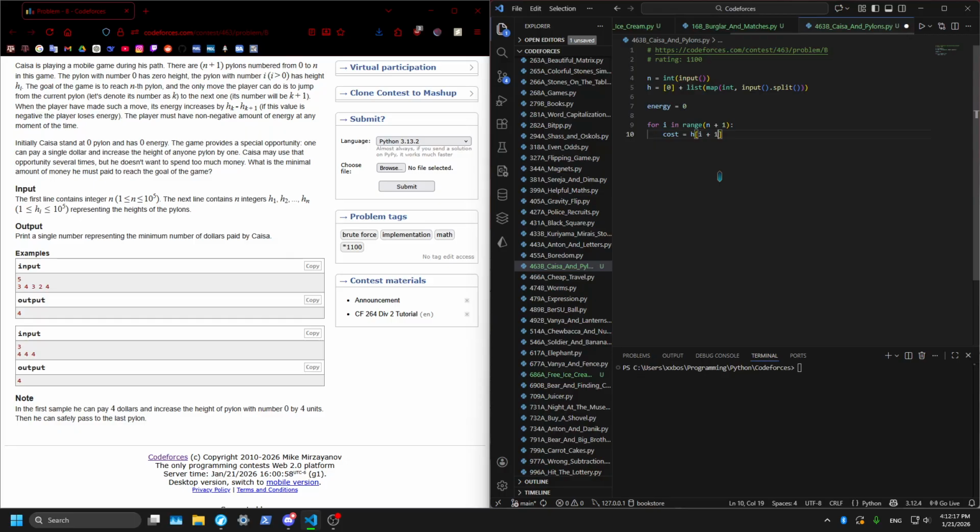HI plus 1 minus HI. If I plus 1 greater than or equal to n plus 1, break. would just be n because it's, hold on,